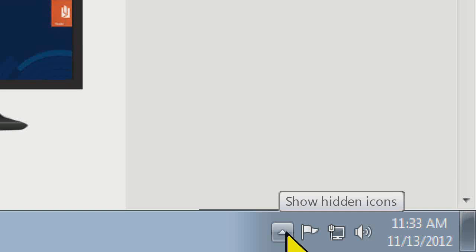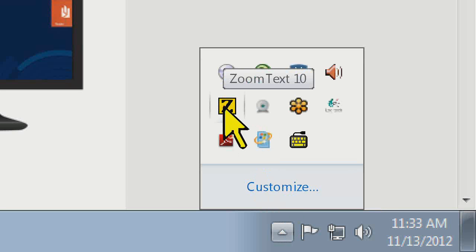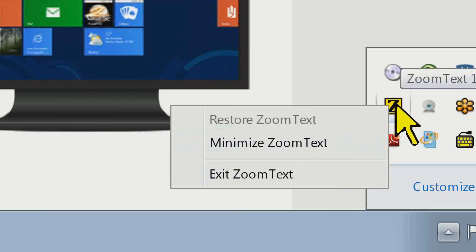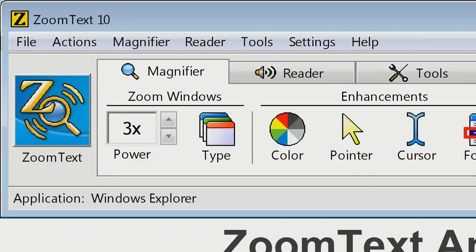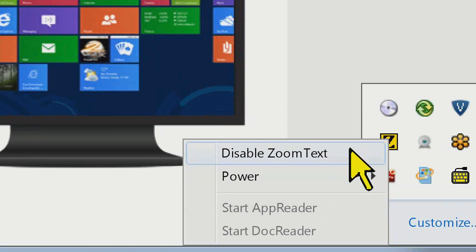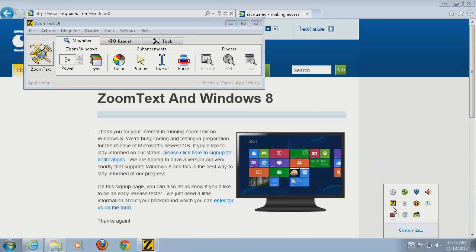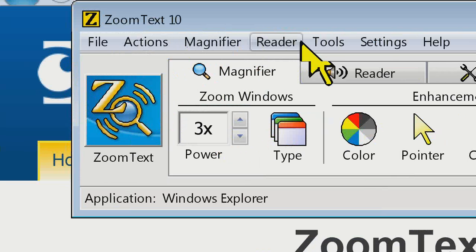Lloyd mentioned if you are in the System tray here, just left-click on ZoomText and enable ZoomText. If it's disabled, so if I have it disabled now, and I click down here, click on ZoomText, there's an option here to enable ZoomText. The other thing you can try,